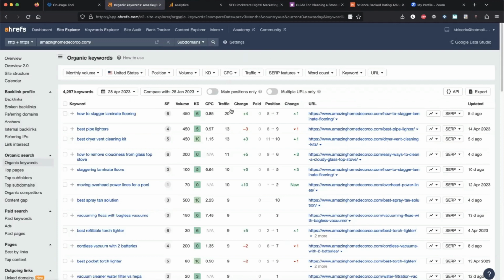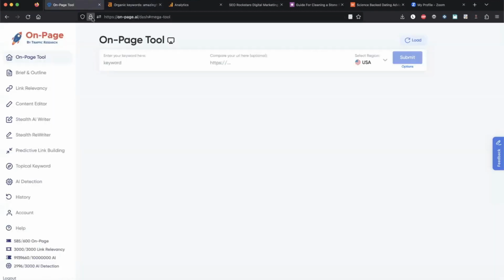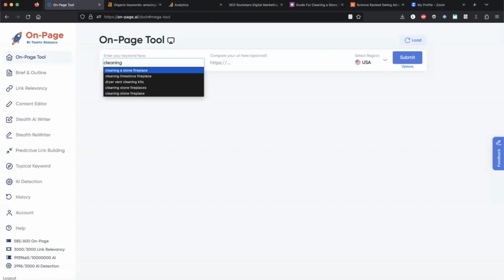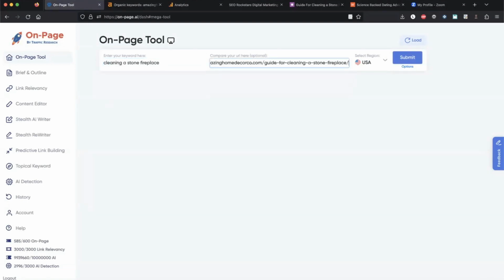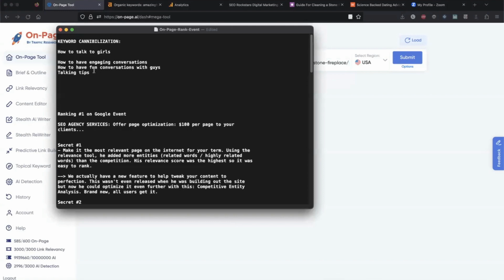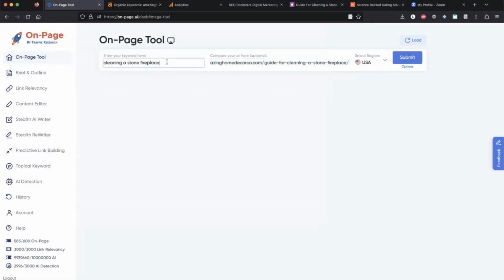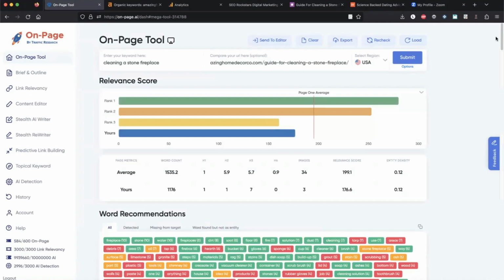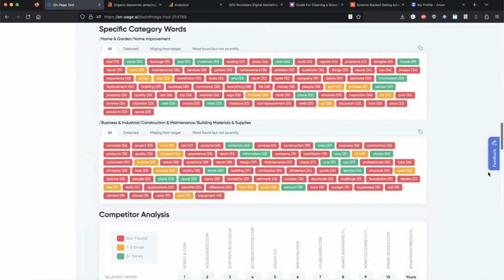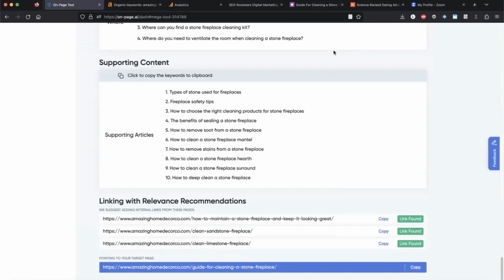So I'm going to keep on going. Hopefully that helps. Oh, by the way, I want to show something. Look here, on-page will give you these suggestions. On-page will give you the topically related suggestions or topics you could write about. So let's say I want to rank for cleaning a stone fireplace. This is my term. If you scroll all the way to the bottom of the report, and we're actually improving on this as well,